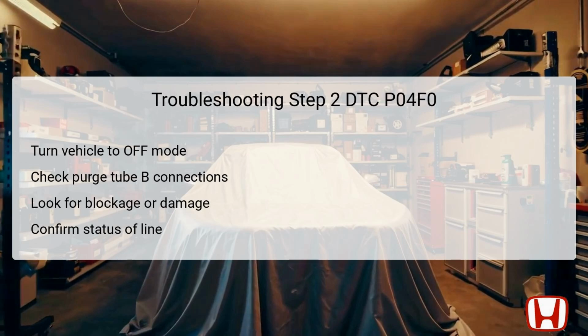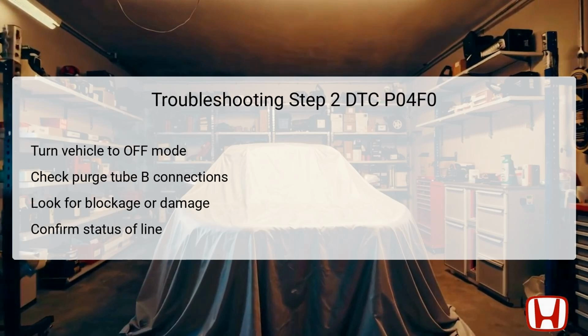For the second troubleshooting step, begin by turning the vehicle to the off position, ensuring all electrical systems are shut down. This is crucial as you will need to perform a thorough visual inspection of Purge Tube B, which is the line connecting the EVAP canister purge nozzle to the purge valve. Inspect this hose carefully for any signs of poor connections, blockage from debris, or physical damage that could impede vapor